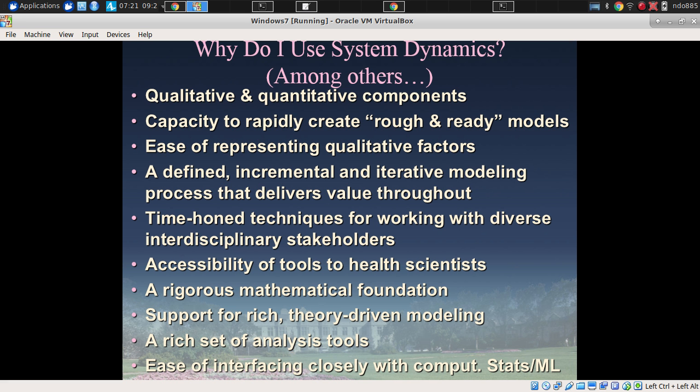The tools are highly accessible to health scientists. Every year, health scientists come to me seeking to learn the requisite skills to not only design models in the agent-based space, in hybrid space, but also to implement them, to be able to take the steps to put them into practice. And there's quite a bit of education that's needed to go from model design, which I think is